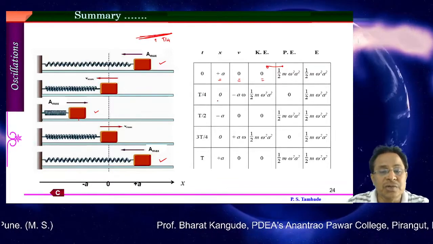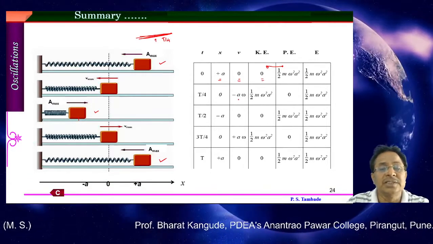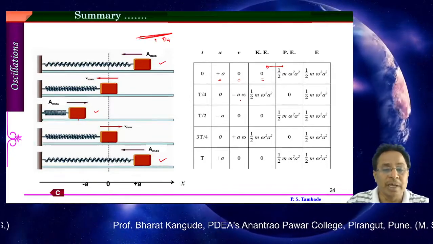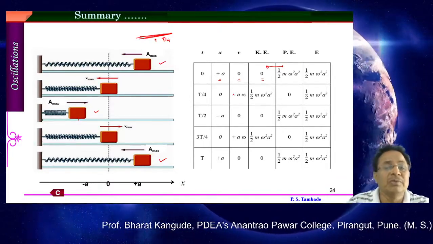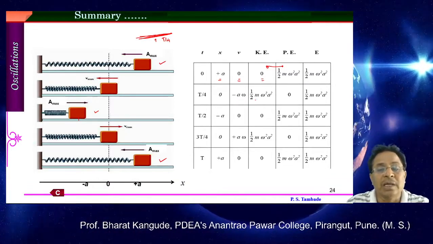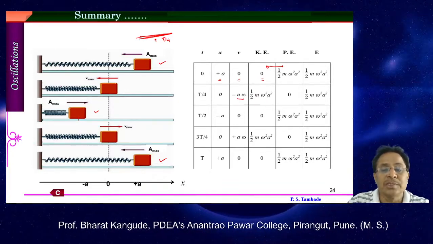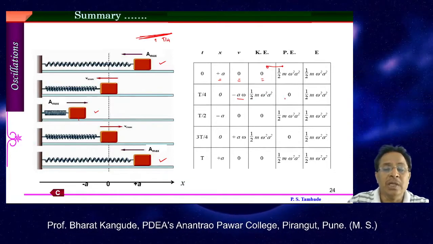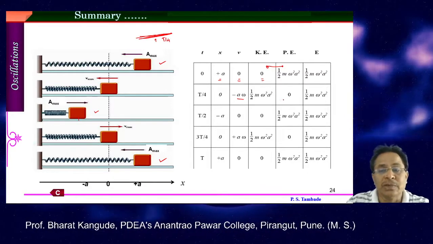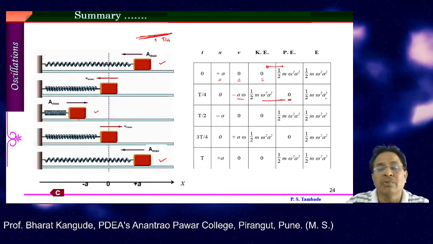In this case, x is equal to 0, there is no displacement. The velocity is going to be minus A omega. Why? Because it is maximum, but the velocity is in the negative direction. Making it square, I get kinetic energy 1/2 m omega square into A square. Since it is at the equilibrium position, there is no force acting on this particle, therefore its potential energy is 0. Again the addition of these two gives me 1/2 m omega square into A square.